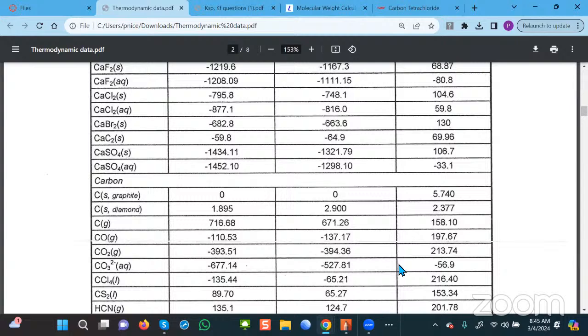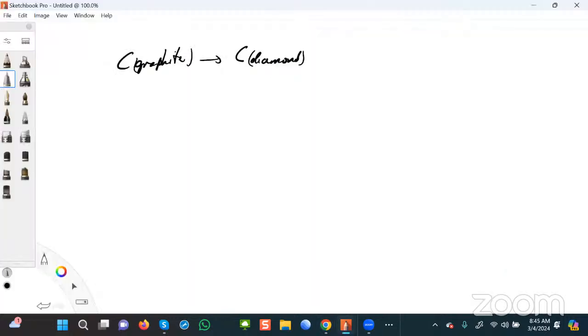So all I have to do is, remember now, it's always products minus reactants. In this case, we're dealing with change in entropy. So delta S standard will be equal to 2.377 joules per mole Kelvin minus, for graphite, which is 5.740 joules per mole Kelvin,